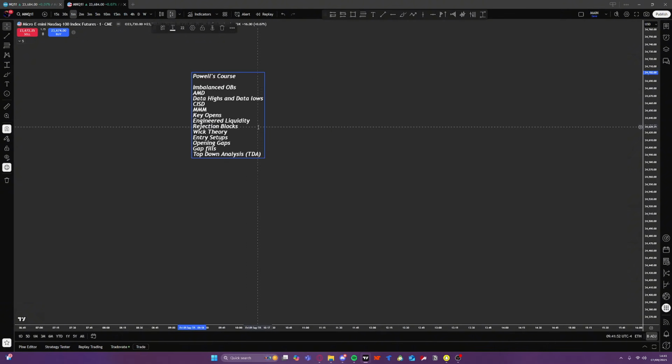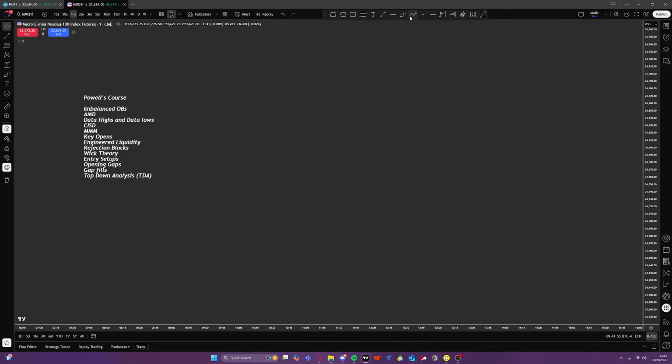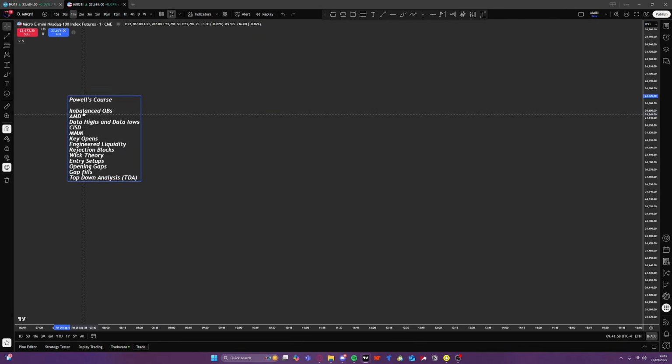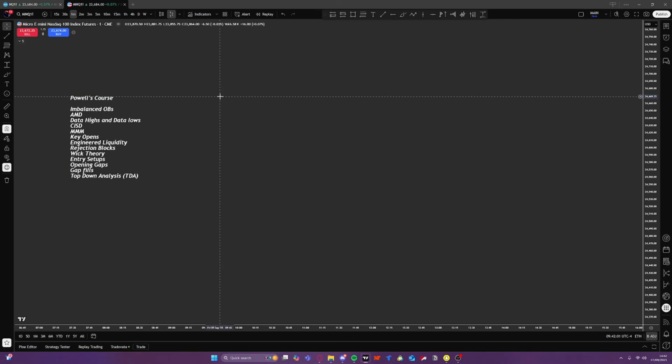But yeah, I would 100% start with Powell's course, because it takes ICT concepts and puts them in a way where you can actually start top and bottom ticking without having to go into any technical mathematical senses. But even so, you can just stop there and you can still be profitable. But if you want to get those tick precise entries, once you've learned all of this, oh my god, that arrow is huge. Go from here